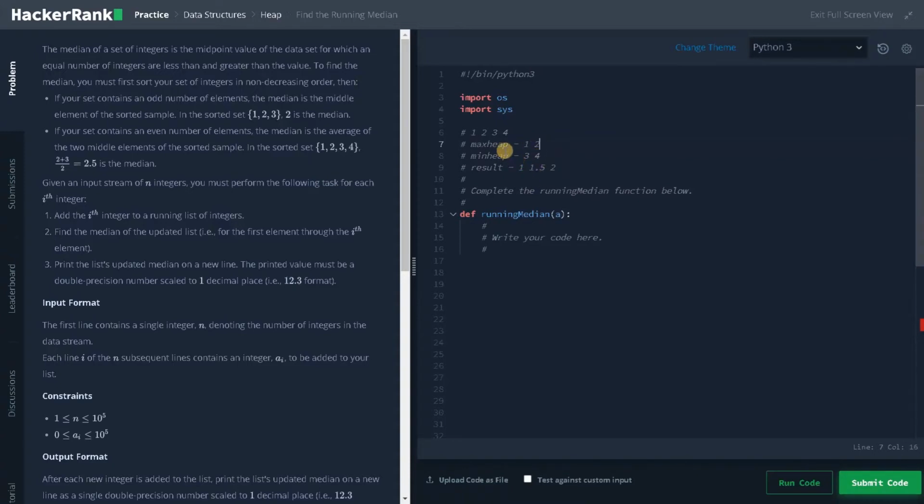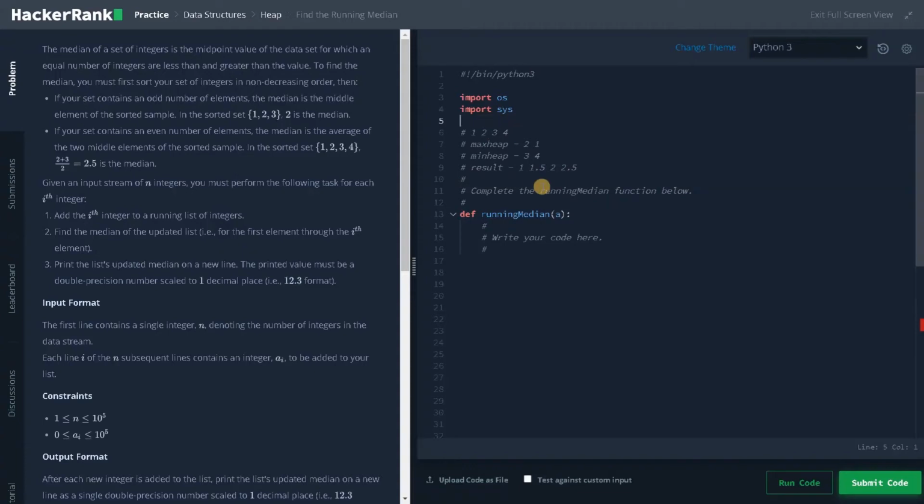After that, again we will be finding the median. So in the max heap, it will rearrange the result like this. The root element will always have the maximum number. Again, 2 plus 3 is 5, 5 divided by 2 is 2.5. And the median is also correct. So using this logic, we are going to solve this problem.